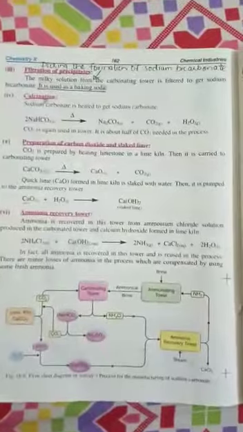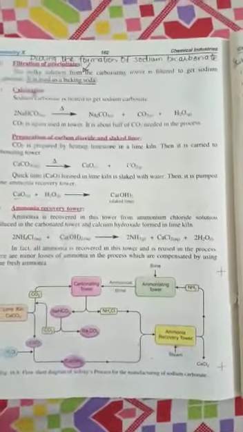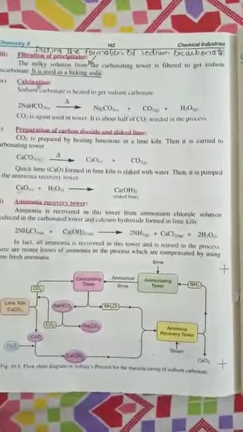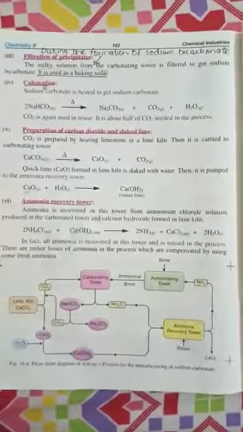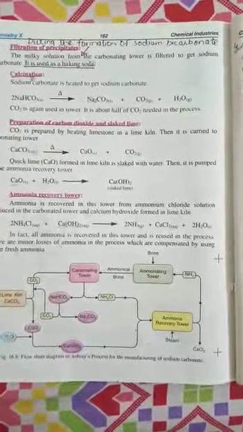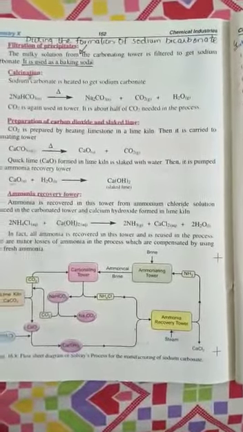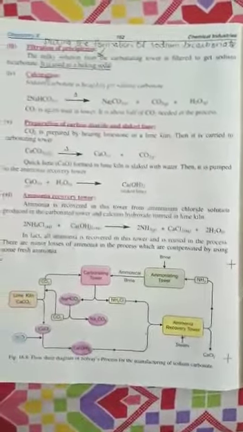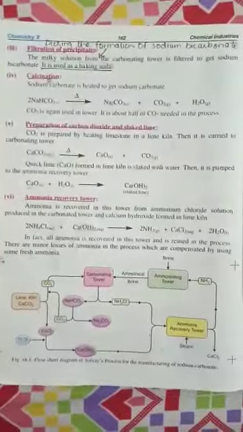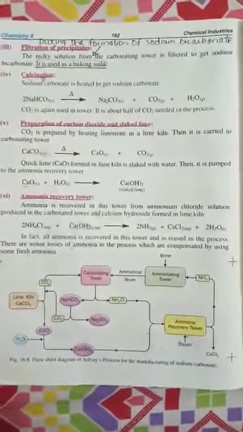In the calcination process we have to heat up the substances. Now what is the purpose behind the calcination process? The purpose is to obtain the pure substance. It means if there is any impurity, or any other substances attached to the desired compound, it may be removed by the process of heating. That process is known as calcination.